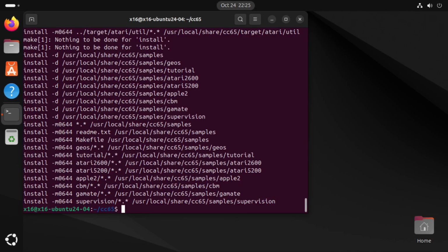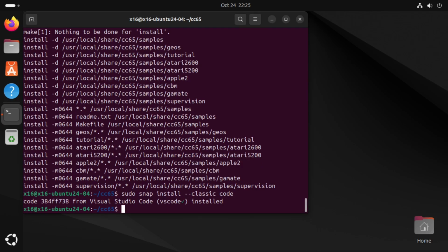Next, we're going to install Visual Studio Code. The easiest way to install this on Ubuntu is to use the snap. It could be installed via Ubuntu's App Center, but we'll do it from the command line instead, since this method translates to other Linux distributions that support snaps. This is the command to install the VS Code snap.